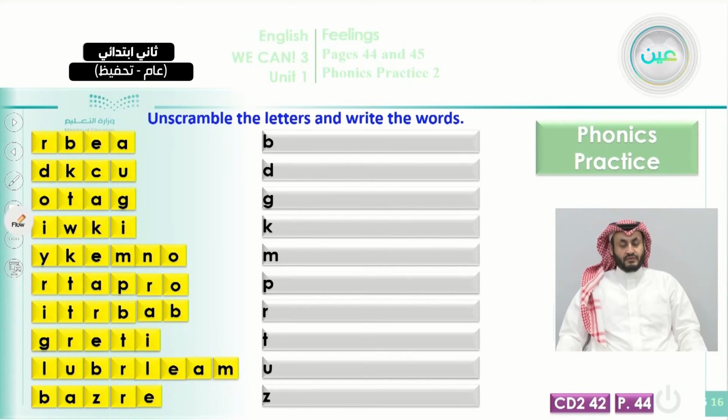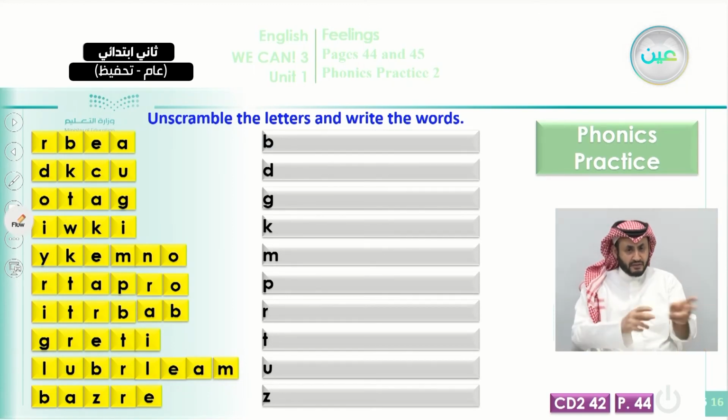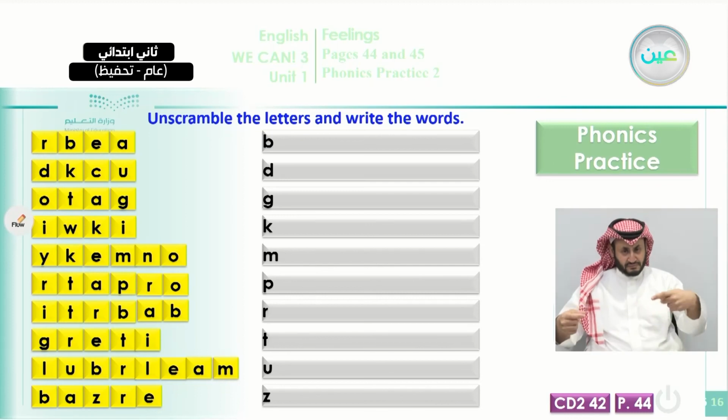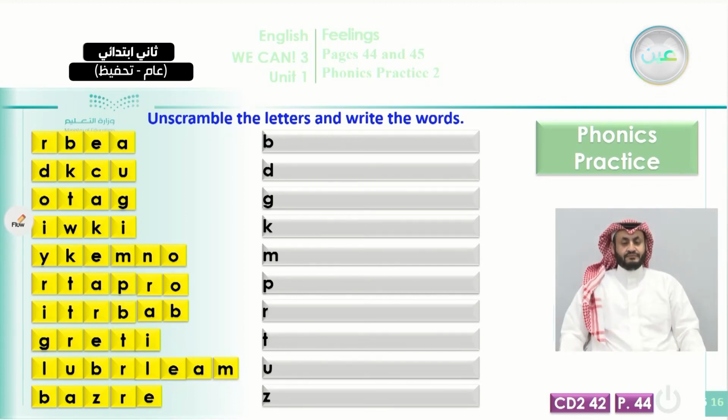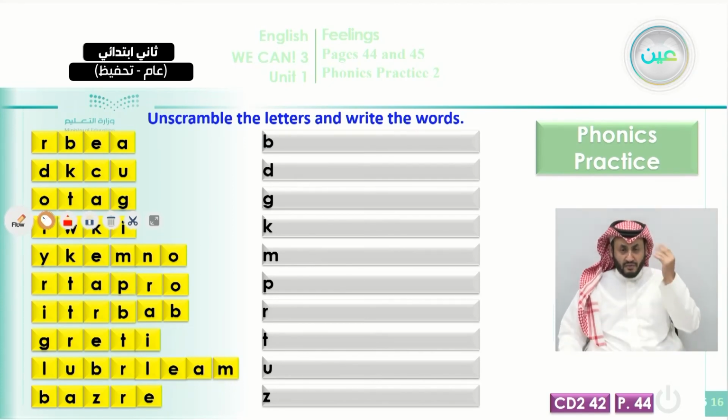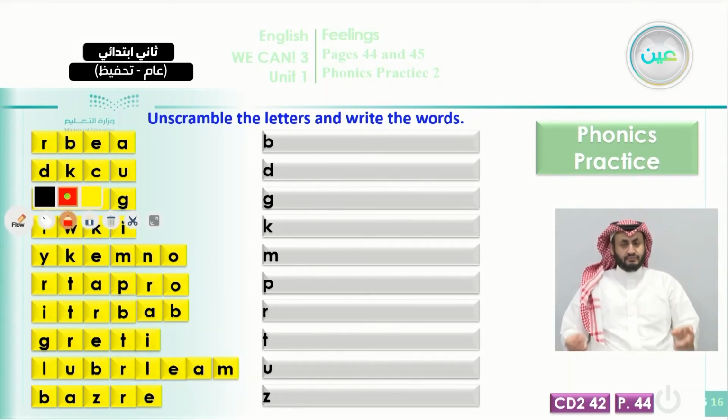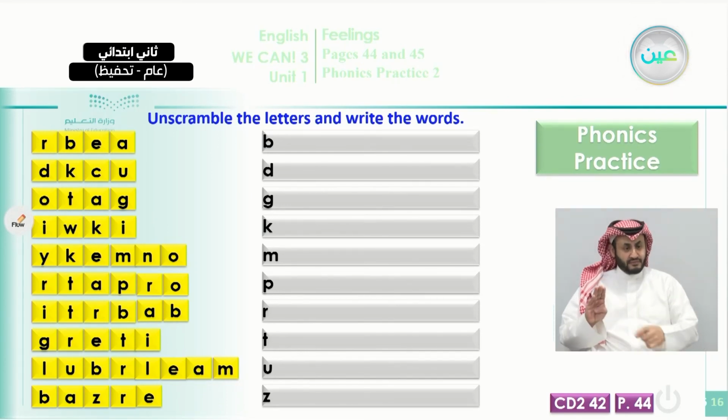Okay, now phonics practice. Here we need to unscramble the letters and write the words. You have some words here unscrambled, that means not put in the right order. You need to rearrange them and write the words correctly. Think of the first one. What is it? It is a word that starts with B. Now you have to form it correctly. Okay, let's write it down. Okay, B, you can tell it is bear. That's right,